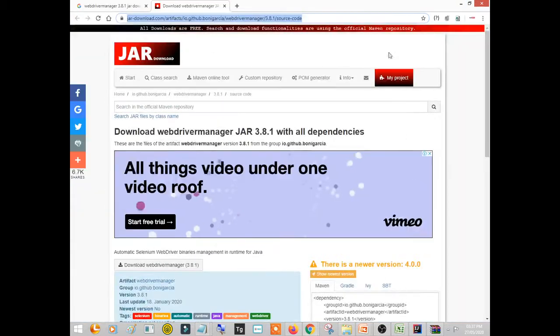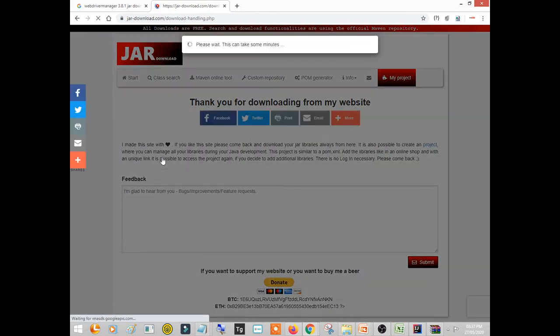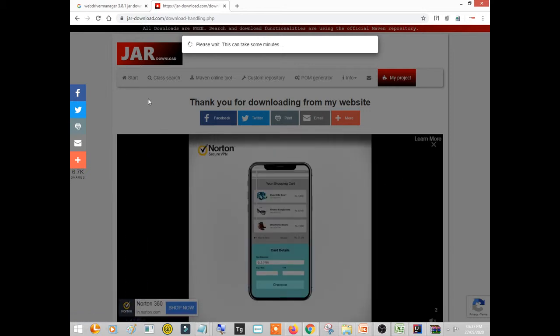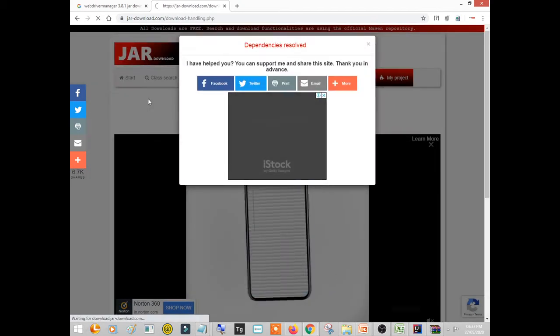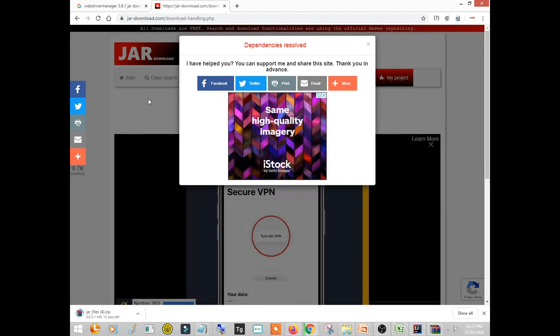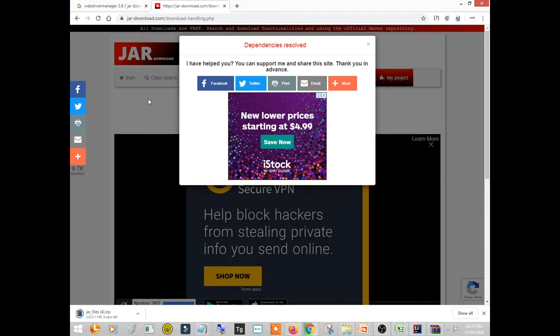When the site is open, here you can see there is a download button. You click on this and automatically the jars will get downloaded. The download will begin in a while. Yes, it is started. It is again a zip file. There will be several files inside this zip folder.